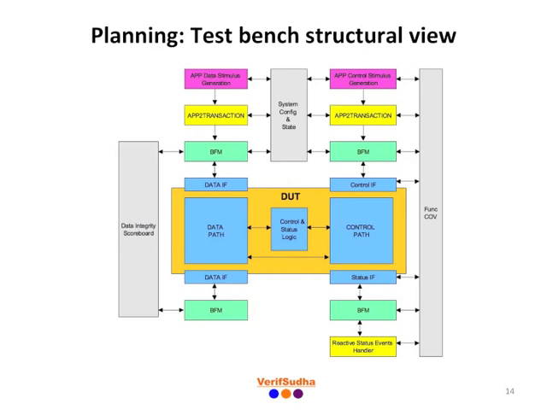On the left hand side, you can see a scoreboard checking for the data integrity of the data traveling across interfaces. Functional coverage on the right hand side will collect various information from different test bench components to confirm the functional coverage of the scenarios of interest. Using these two views, the test bench architecture is finalized. With that, we have completed the planning phase. We now have the verification plan and test bench architecture. Next, let's look into the development phase.